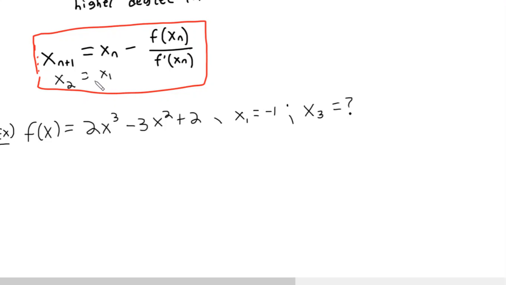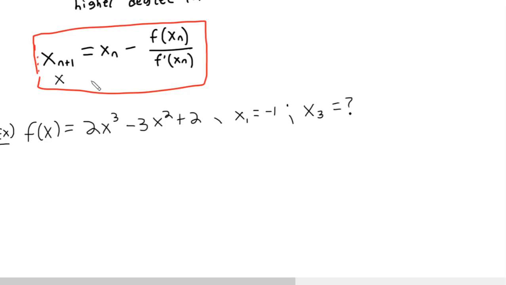You can see that's the case because if I just let n equal 1, well, I would say x sub 1 plus 1, that's x sub 2, is equal to x sub 1 minus f of x sub 1 over f prime x sub 1. If I wanted x sub 3, then I'd let n equal 2, so 2 plus 1, that's 3. But n is still equal to 2, so I'd have x2 minus f of x2